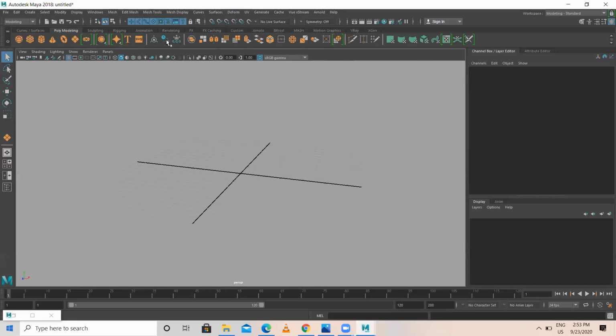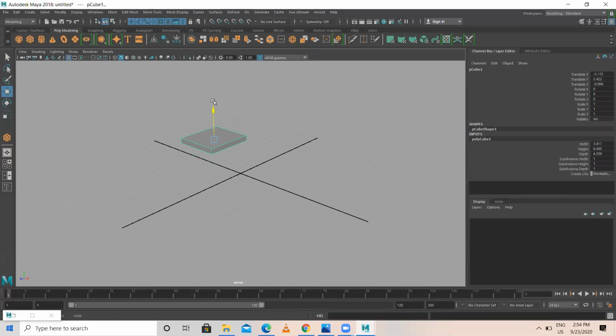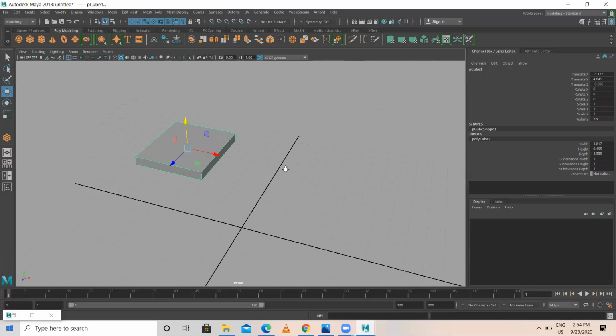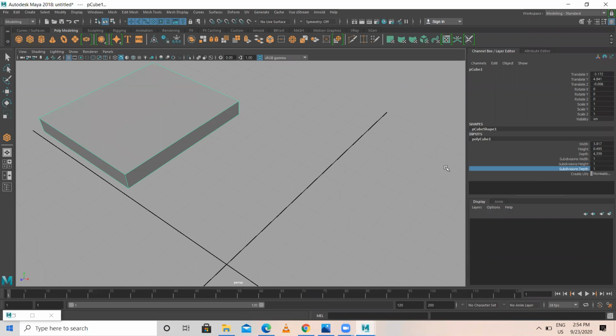Now let me create one cube. I just placed a small cube here. You have options here: subdivision width, height, and depth. Now see the width.